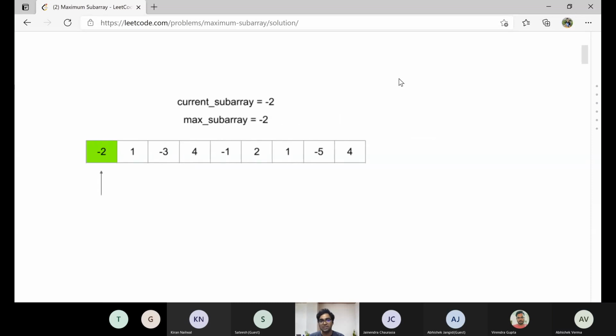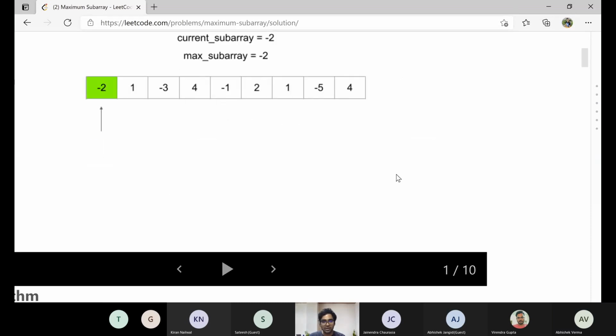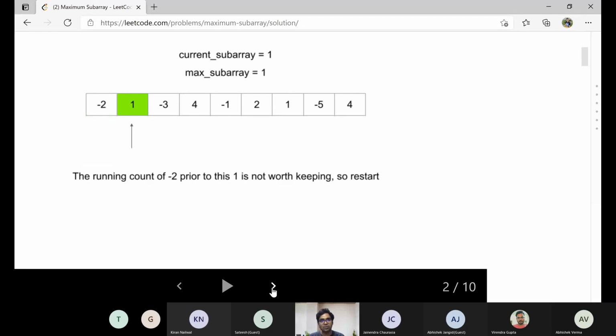Now we will move to the next step and see what happens. We move to the next pointer and see whether the previous sum was bigger than the current one. If it is, then we keep the previous one plus we add the new one.